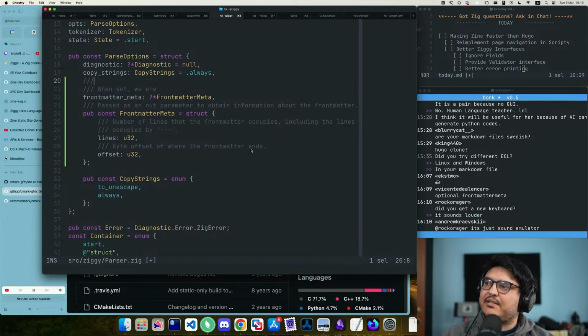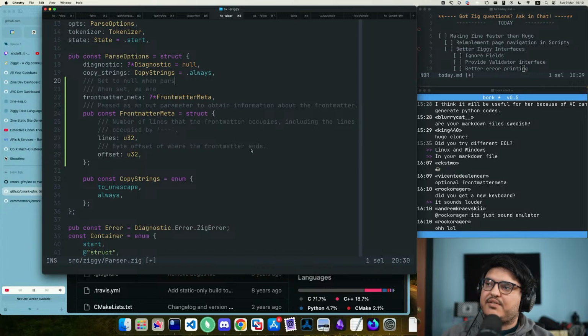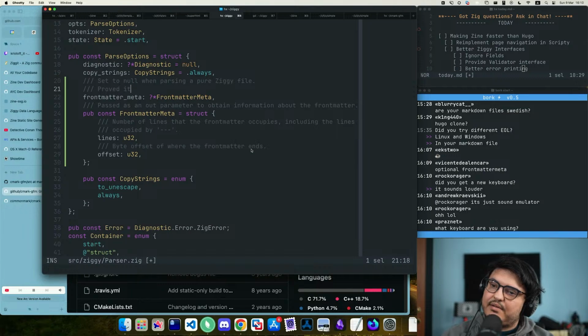Okay, let's do it. Let's express this like this. Set to null when parsing a pure Ziggy file. Provide it